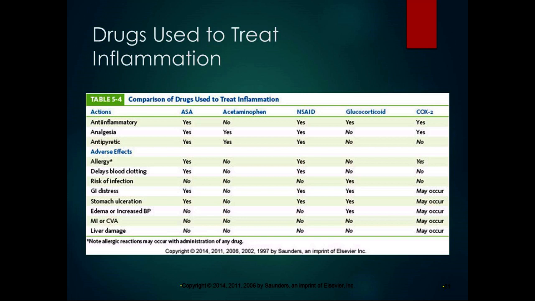The NSAIDs do all three. Glucocorticoids, they just address the inflammation. They don't address the other things. And COX-2 inhibitors are another prescription medication that is often used in arthritis. They're anti-inflammatory and analgesic, but they don't address fever. So there are lots of different